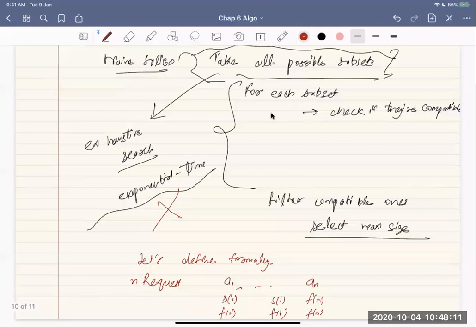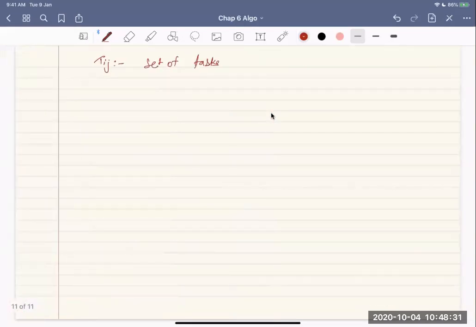We also have to put them in some order. Let's say they are sorted in terms of their finish time: a1 finishes earliest, then a2, and so on up to an, which finishes at the end. So I define Tij as the set of tasks